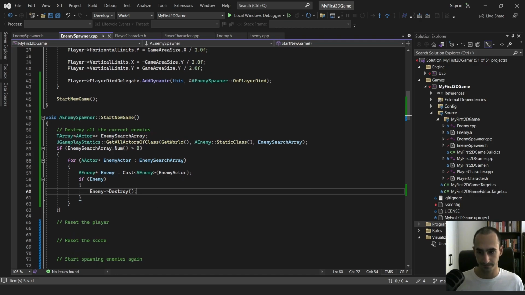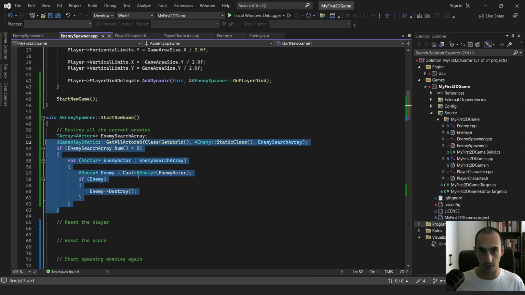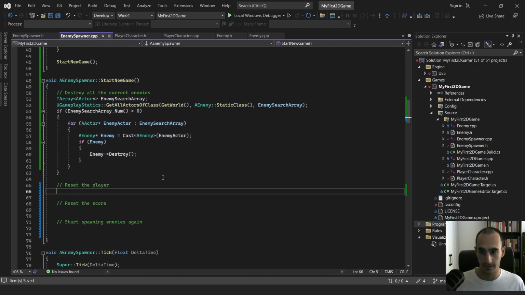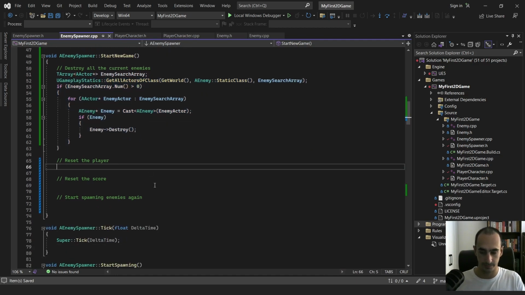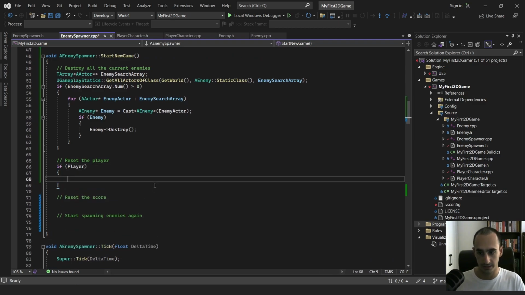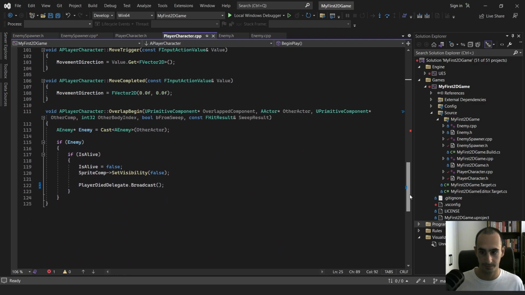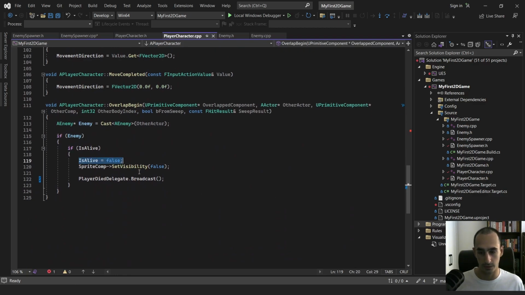Awesome. So this bit of code is going to find all the enemy actors we have in the game, and it's going to destroy all of them. Then we're going to reset the player. So we do have access to the player here. Let's just do a check just for good measure. And then we can simply undo what we did in the player. So in the player at the bottom, we set IsAlive to false, and we turned off the visibility. So we're basically going to undo these,